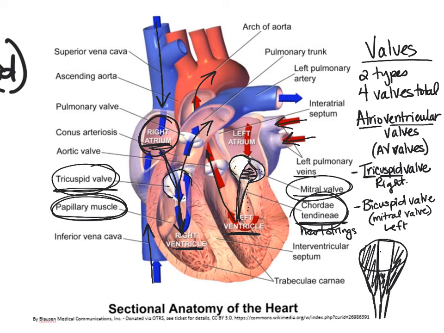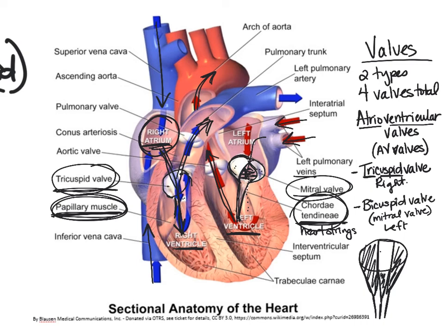Our papillary muscles and our Chordae Tendineae are going to be pulling on these cusps in order to make sure that they stay open to allow blood to be flowing through them, and then they will relax so that when the blood is going to be forced out of the ventricles into either the pulmonary trunk on the right side or the aorta on the left side, the papillary muscles will relax, not pull on these heartstrings, not pull on the Chordae Tendineae, and then allow these cusps to fold up and not allow the blood to backflow into the